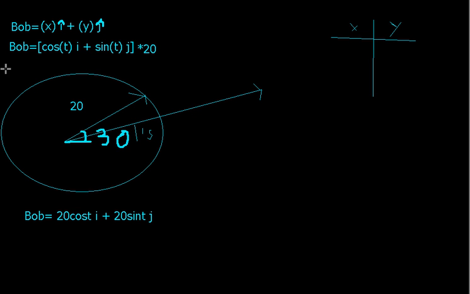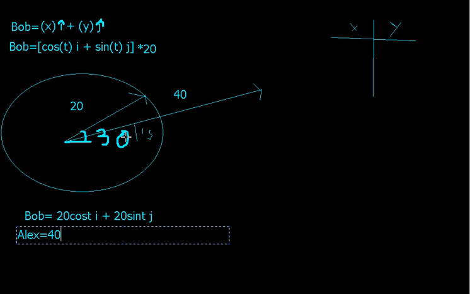And say that it's, maybe that's its length, 40. Well, we'll do the same thing, right? Let's call this Alex. We'll say that Alex equals, well, we know it's 40, the length of it, the radius of that circle, how big the circle is, times cosine of t